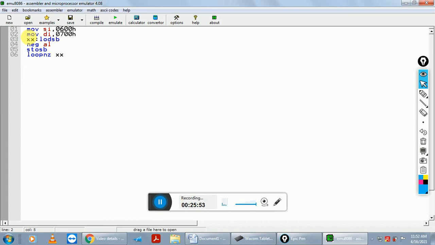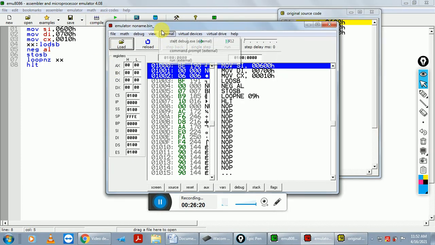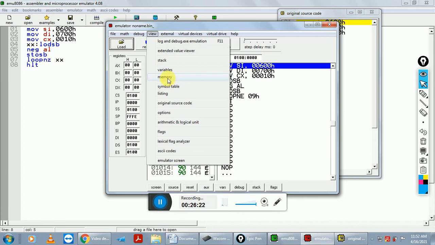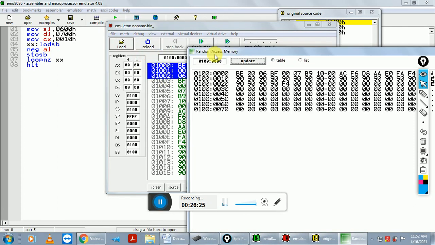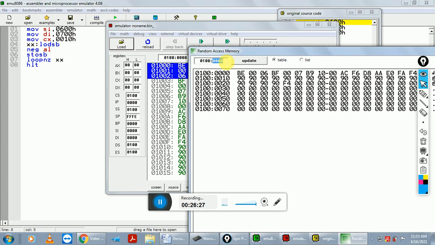Okay, one line is missing here. Initialize our counter register: MOV CX, 0010H, and after that write down HLT. Click on emulate. Next step is go to view, click on memory, and update offset addresses